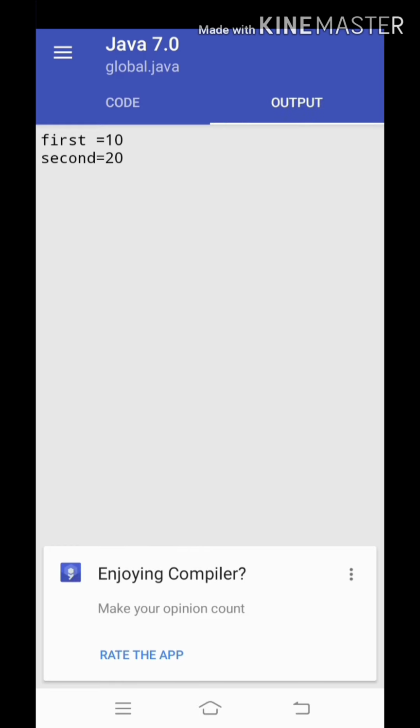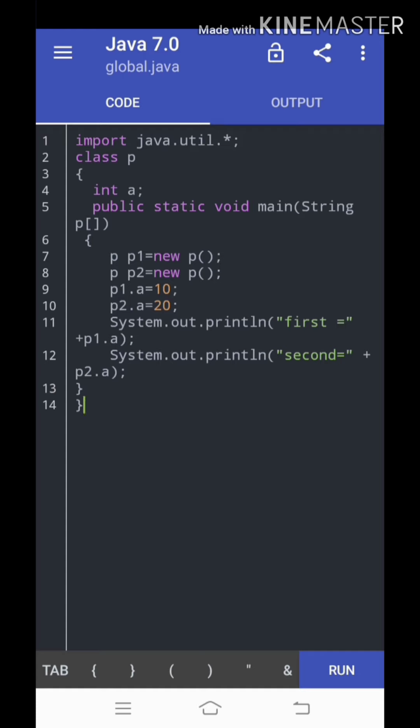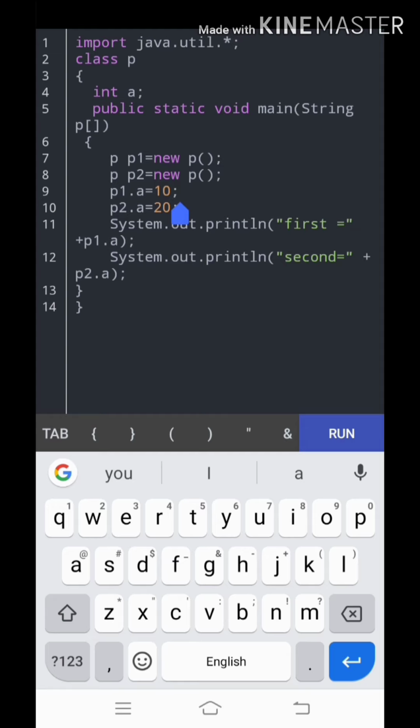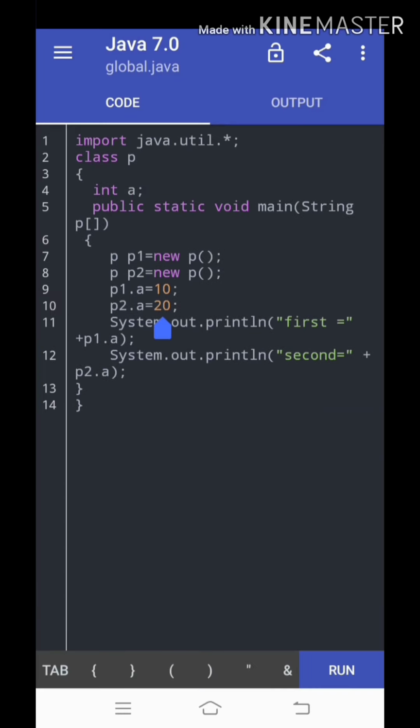So basically the variable a is holding two values at a time, 10 and 20. Since we have created two objects and we are calling that variable twice with different objects, there will be no error in this.